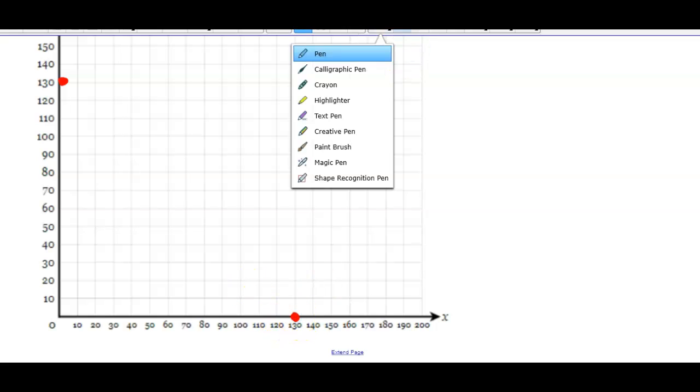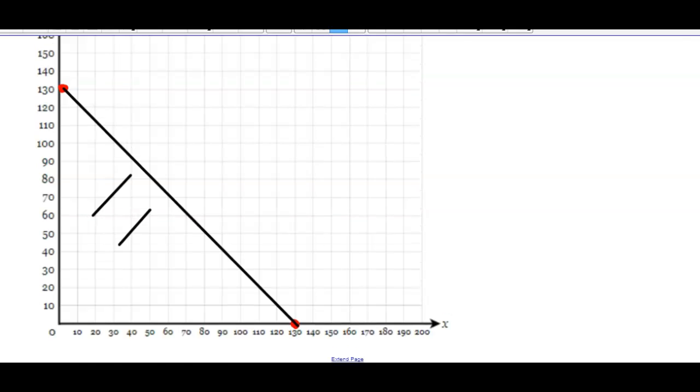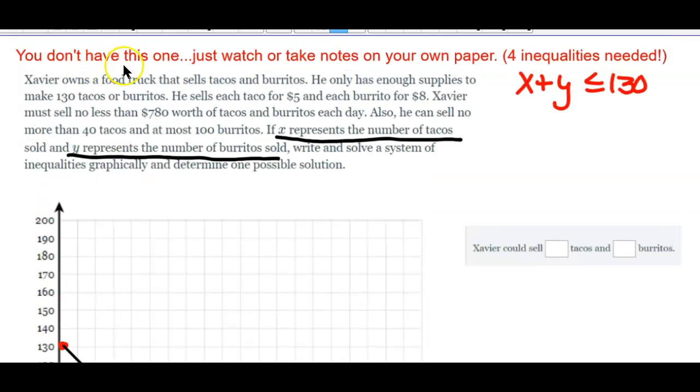I'm going to cheat and use my line tool because I want this to look nice. And it said less than, so he needs to be underneath that. Oh, I shouldn't have done those in black. All right. Scroll back up here. Second equation. He sells tacos for $5 and burritos for $8. He must sell no less than, so greater than or equal to, $780 worth of tacos and burritos. So if I solve this for Y,